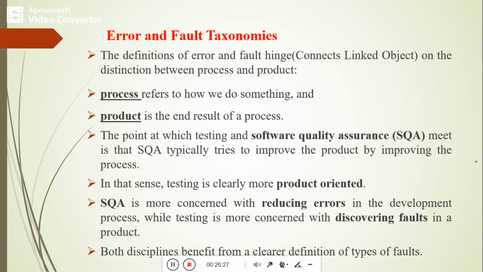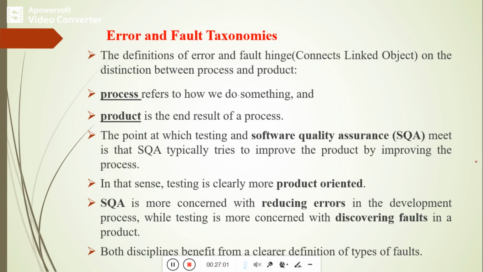Those quality characteristics we try to improve within this process for that particular product. In that sense, testing is clearly more product oriented. The basic idea is that we apply those quality parameters because we want to improve the quality of the product. Therefore, testing is more related to the product.